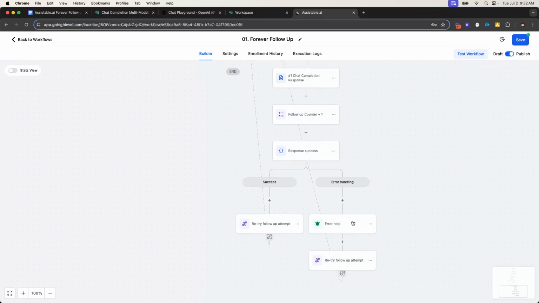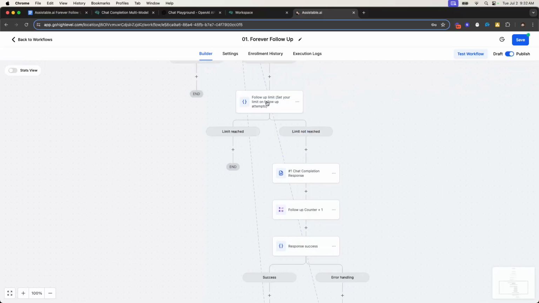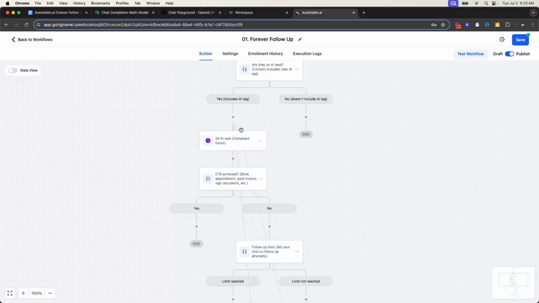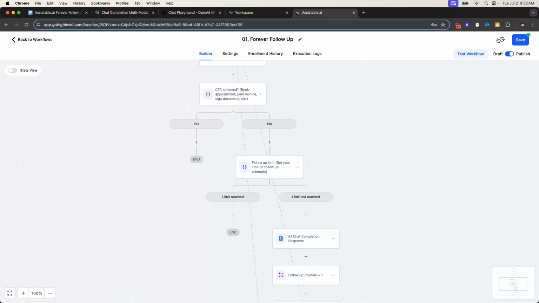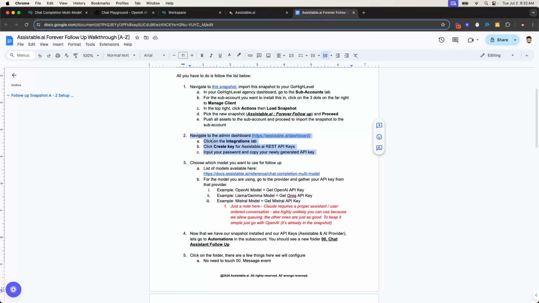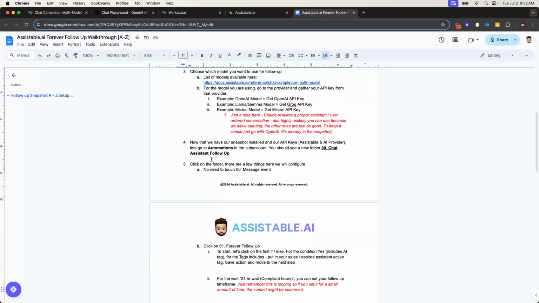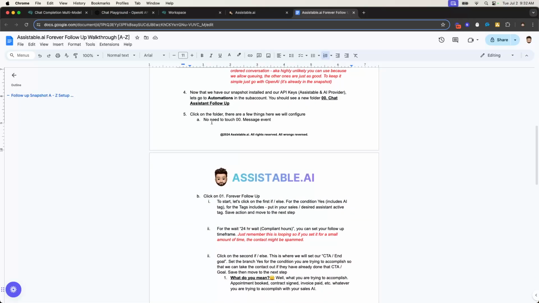And if you get an error, it'll let you know you got an error and it's still going to try. So this is really all we have to do here. So we've kind of walked through step 1, 2, 3, 4, 5,